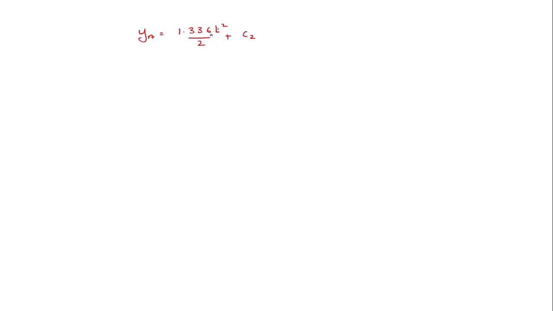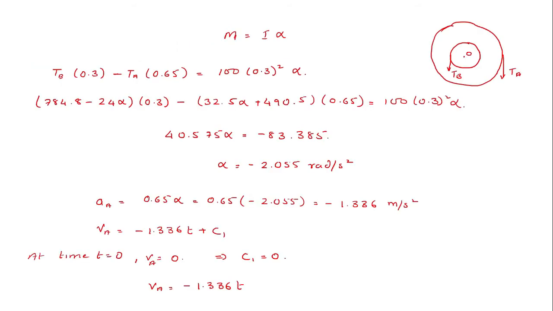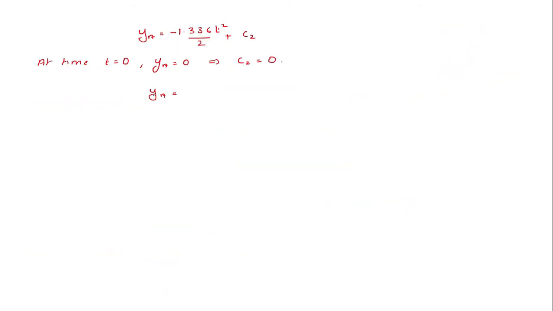C2. Now again at time T equals 0, the distance traveled by the body A will be 0. That indicates C2 is also equal to 0. Therefore, YA will be equal to 1.336 by 2. So there is a negative sign here. YA is equal to minus